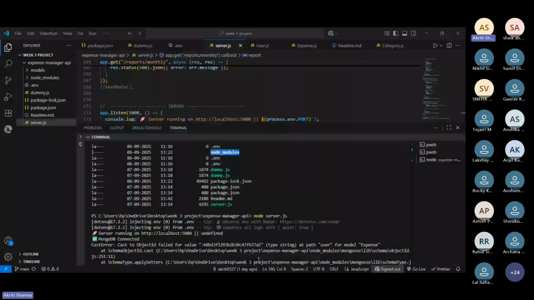And after that, I have this category section where if we want to add some category, like name, trip.